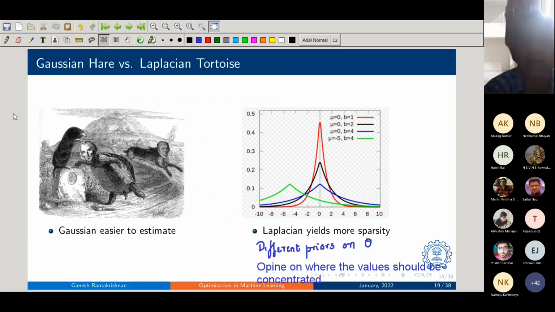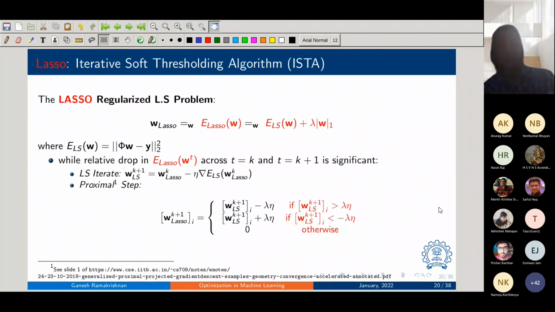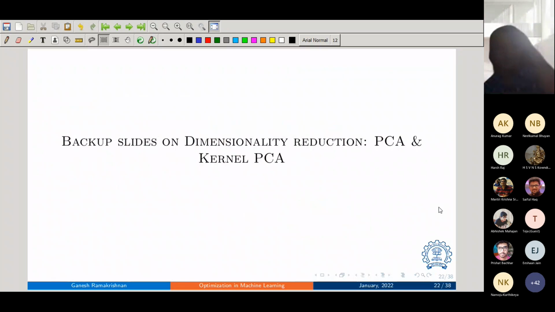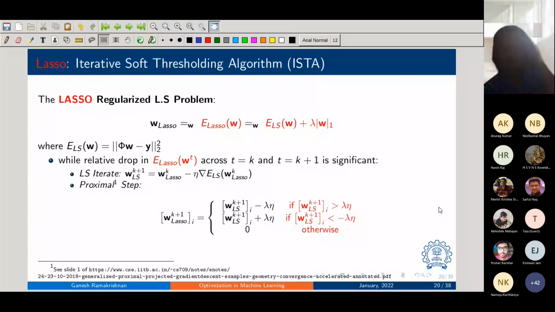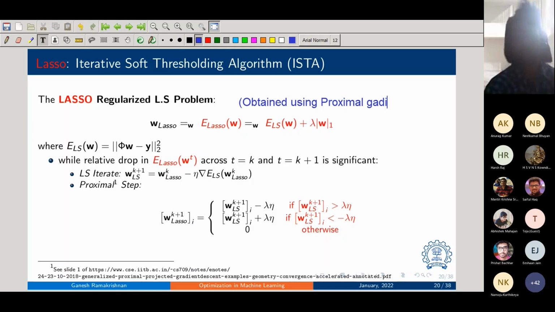The other thing that happens, I just want to show the algorithm. Yes, this is the algorithm. Algorithmically, we can understand what's happening. The lasso estimate, this will come later on, is the iterative soft thresholding algorithm. This is obtained using proximal gradient descent. This is a name, but what the algorithm does basically, and it converges.